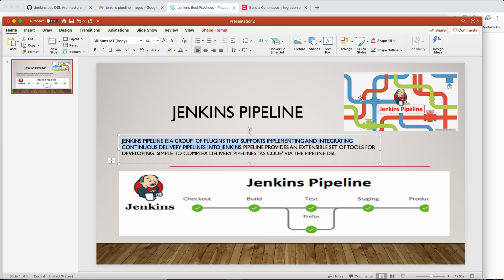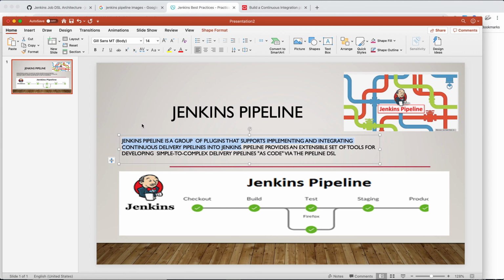Simply put, within the Jenkins pipeline you can plug in and play with multiple sets of plugins. You can combine all those plugins step by step, and with those plugins you can build continuous delivery pipelines.